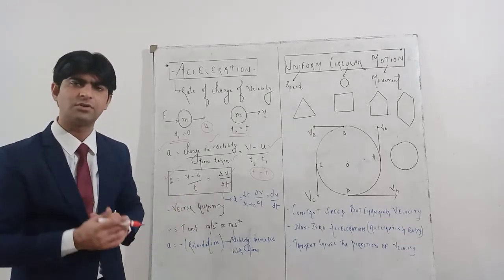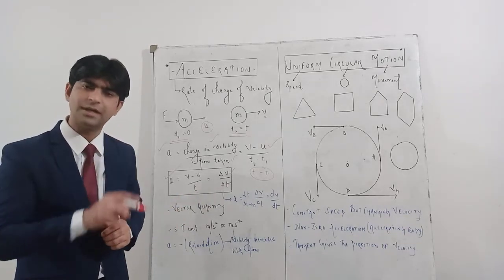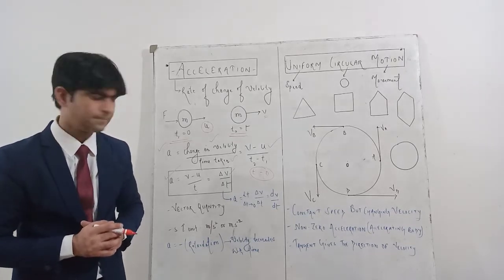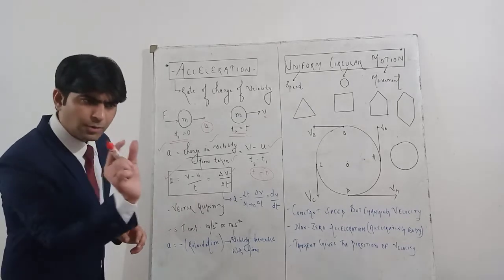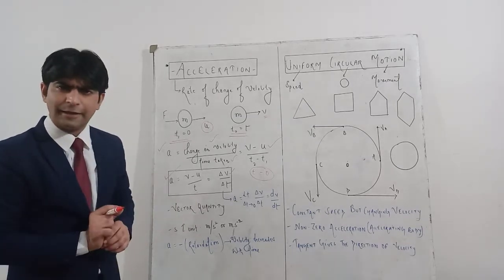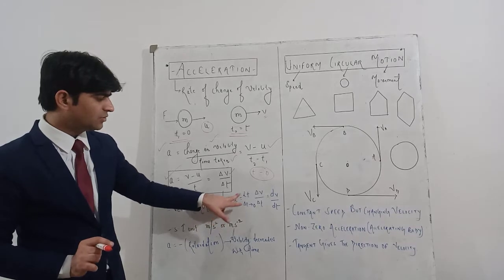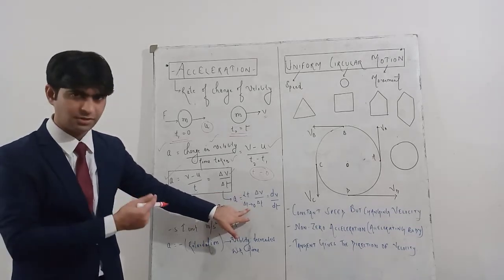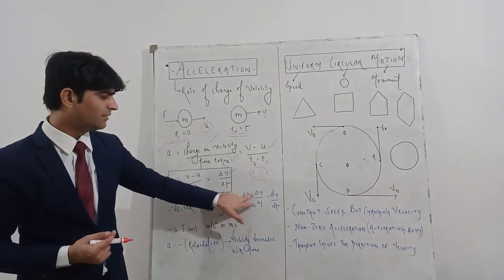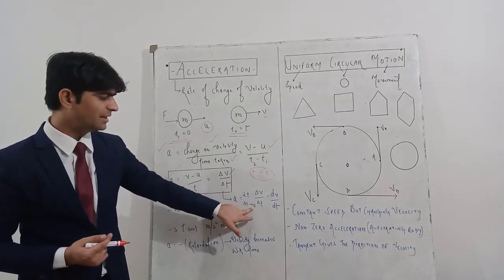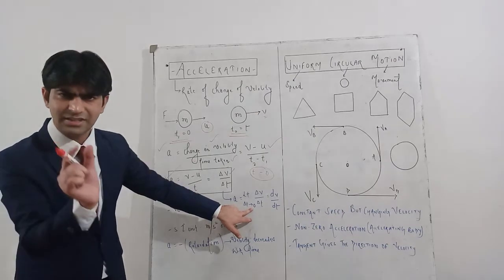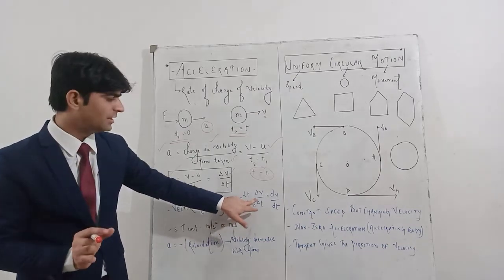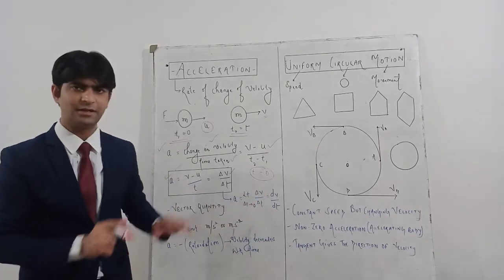We had a discussion on this symbol delta in my previous class when we discussed distance and displacement. If I again talk about a very small instant of time, I will write acceleration is equals to limit del t tends to 0 of del v upon del t. When I write limit del t tends to 0, it indicates del t is very small. This is called instantaneous acceleration, and it can be written as dv upon dt in terms of differentiation.